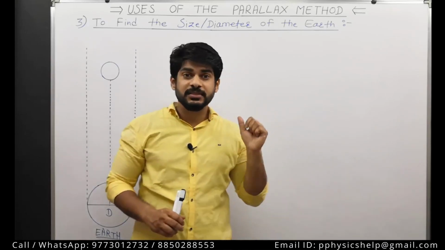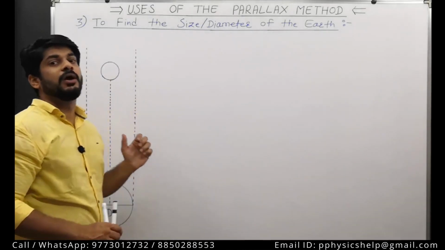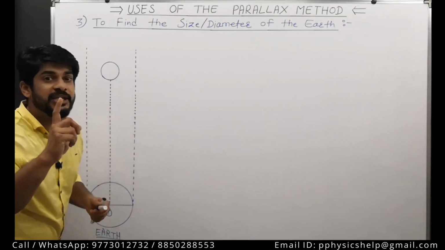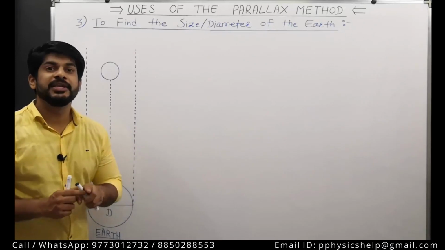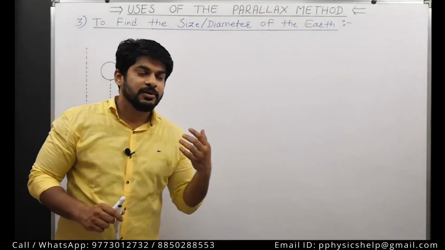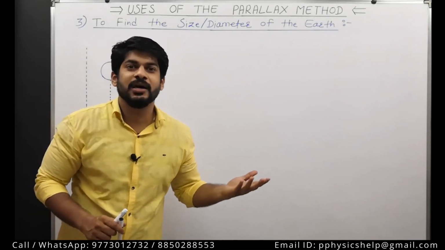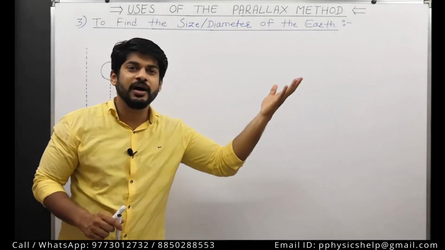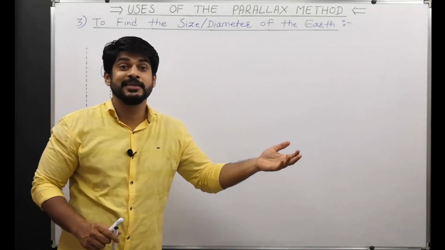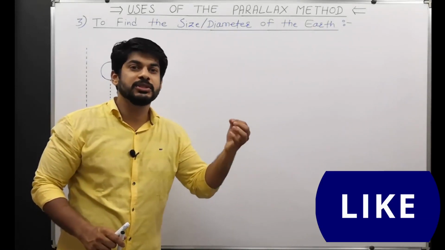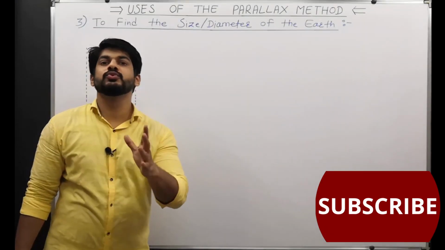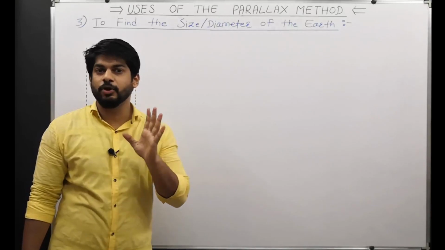So in such cases, what we do is we choose any star, any particular star, as our distant object. What will be a better choice than a star? Stars are very far and they don't change their positions at all, isn't it? So it's better to choose any star that you can observe. So we are going to choose a star as our distant object.